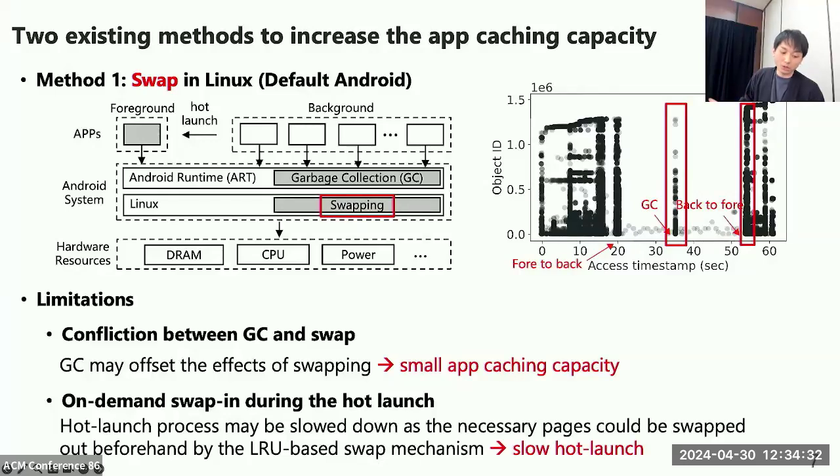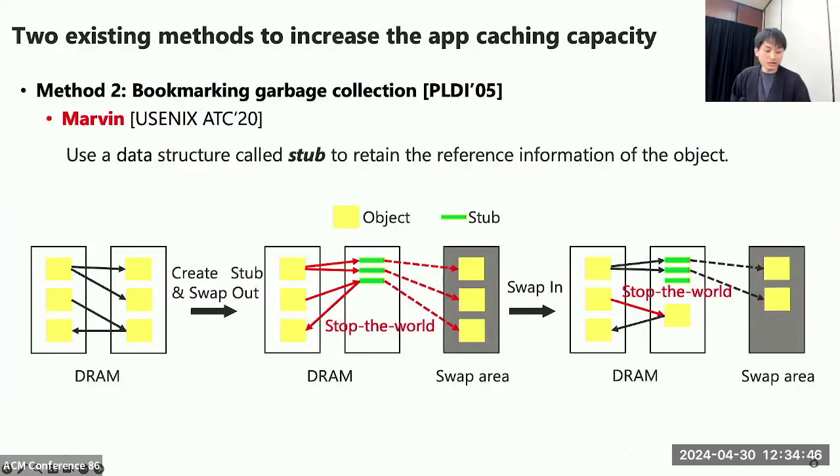For the same example, during the hot launch stage at around 53 seconds, the app needs to access many objects that have been swapped out. So the hot launch process is blocked. To address these issues, that pages swapped out would be swapped back due to the tracing GC, and to cache more apps, the second method is to use a bookmarking GC, such as Marvin introduced in the